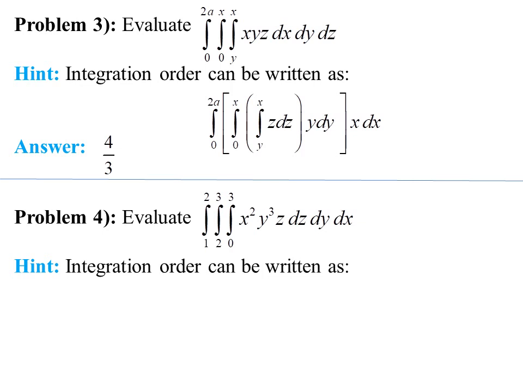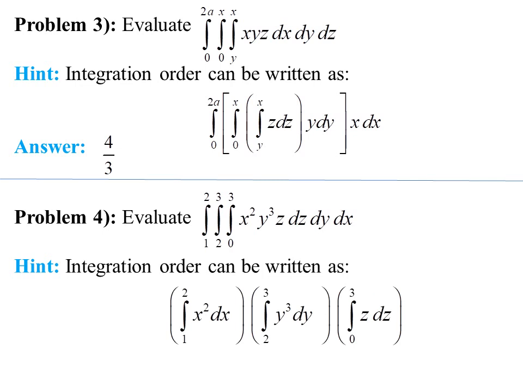So observe here the inner integral. Inner integral is integration from 0 to 3 and it is with respect to z first. So inner integration we are carrying out with respect to z. So this is your order of integration. So inner integration 0 to 3 with respect to z. Then the middle integration 2 to 3 with respect to y, and then the outer integration 1 to 2 with